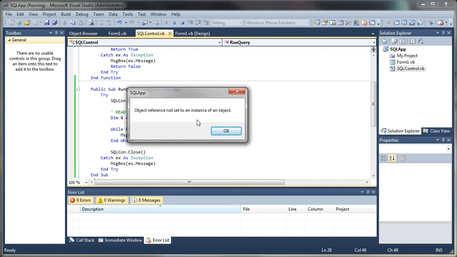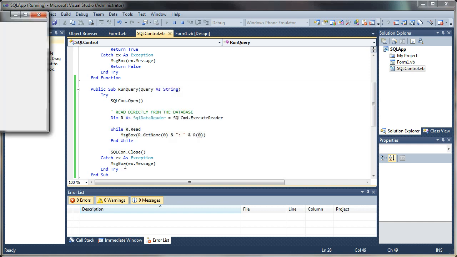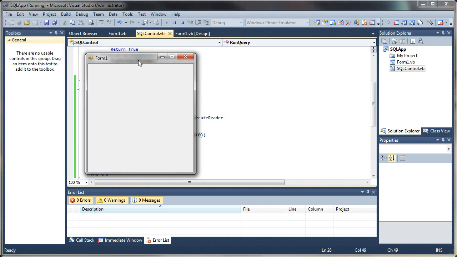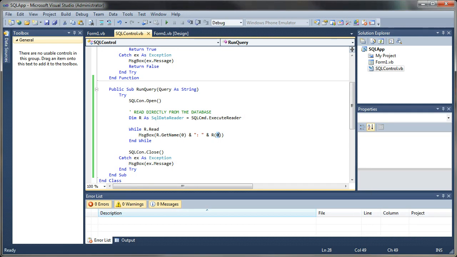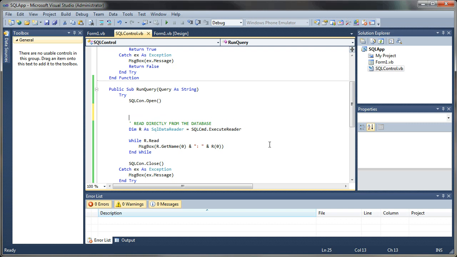and it says object reference is not set to an instance of the object. So we know that our catch exception is working properly. So what you can see that I did wrong here is I tried calling my SQL command without actually creating that command. So I'm going to come right up here and I'm going to say